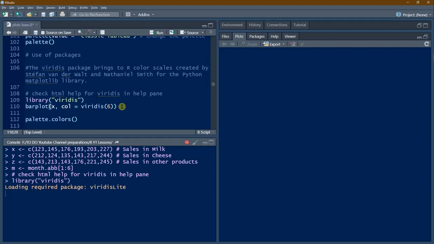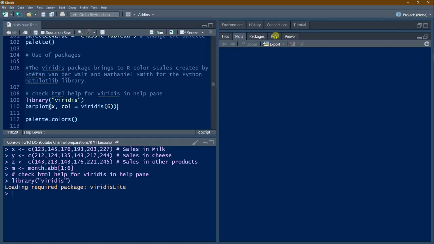Now Viridis is getting loaded. Once we have got Viridis loaded, we can also ask in the help section. Typing Viridis, we can find out what it is all about. Or we can go to the packages here and then select the Viridis HTML help, and there also we can see what Viridis is all about. Viridis has been loaded.